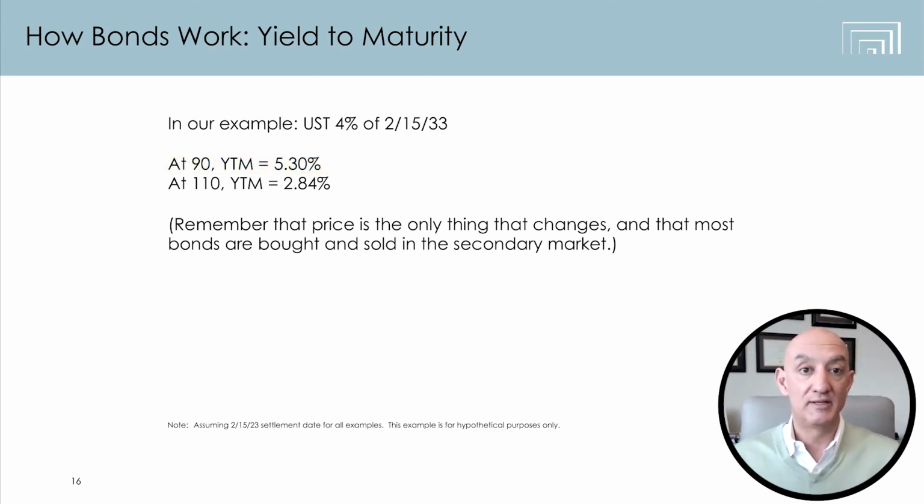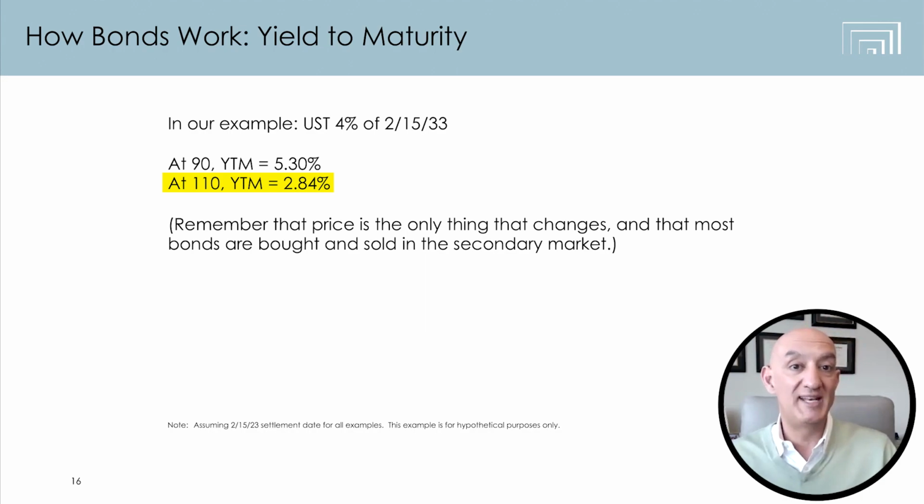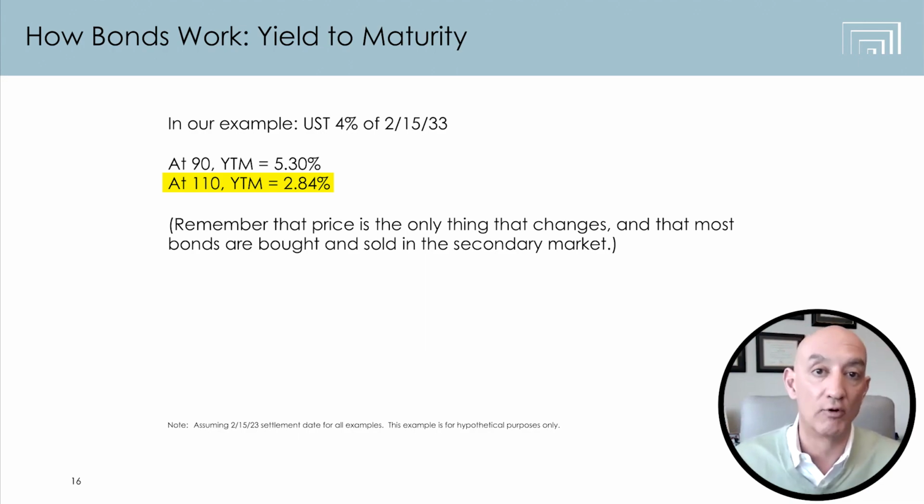Conversely, if you happen to buy the bond at 110 cents on the dollar, what would be your yield to maturity? Well, now you're still getting the $40, that's the 4% coupon, on 1,000. You're getting the $40 a year in interest, but you've paid $1,100 for that bond, and your $1,100 is going down to 1,000, right? Yield to maturity crunches all those numbers together and says, if you bought this bond at 110 cents on the dollar today and held it for 10 years, you would make 2.84% a year. So your yield to maturity would be 2.84%.